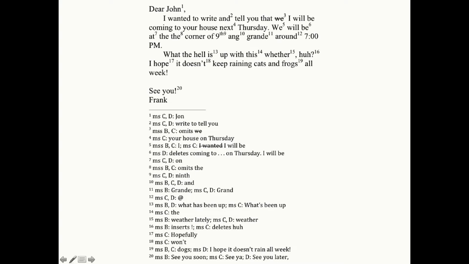Next time, tomorrow, we'll look at the different methodologies for how to interpret the apparatus, because see here, we know what the original was, right? I'm telling you that this was the original one that I wrote, but what if we didn't have the original and all we had were these variants? We would have to develop a methodology to determine which readings down here in the apparatus represent most likely the original reading. So, for example, if you didn't have the original here and all you had was down here "John,"